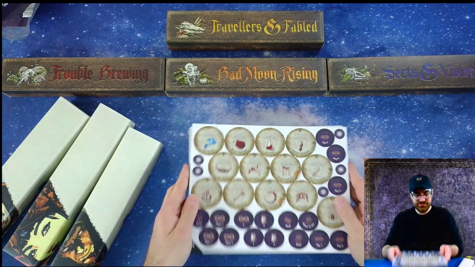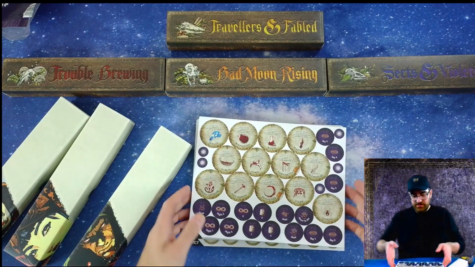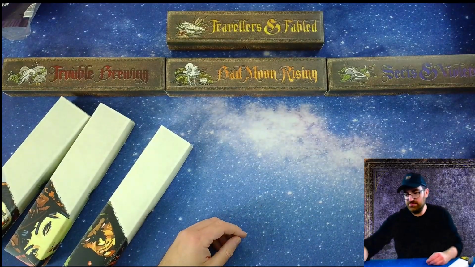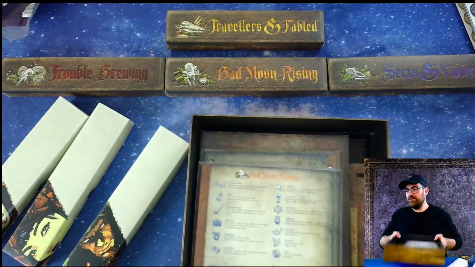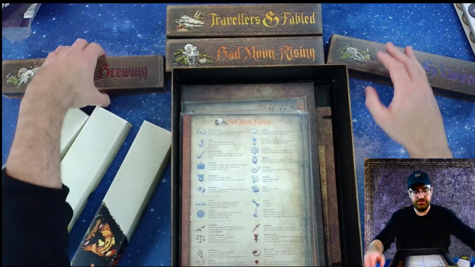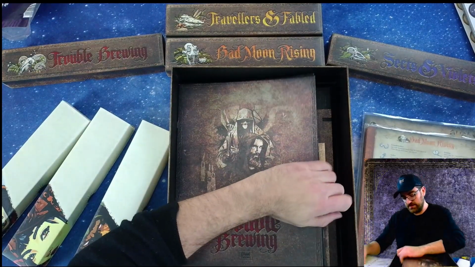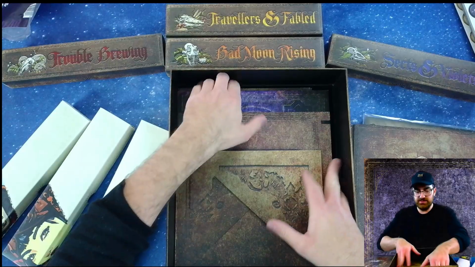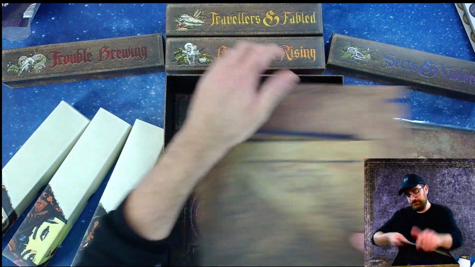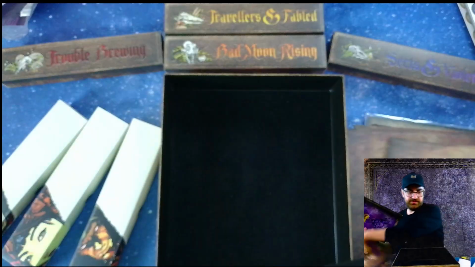So we got 7 punch cards, 3 cool boxes. I'm curious though, once these do get punched, which I won't do on camera, that's boring, let's see how they go in the box with the scripts. I don't know how they do it. I think they actually have to take out all these scripts and the rule books. Maybe you can keep the stand in there